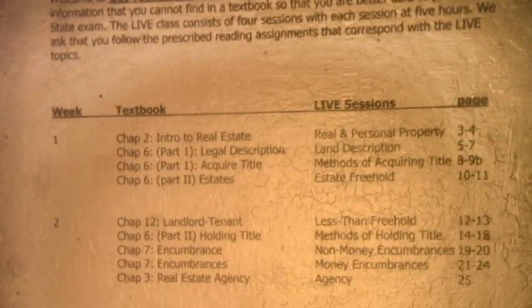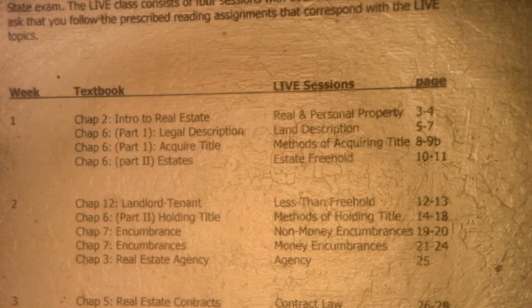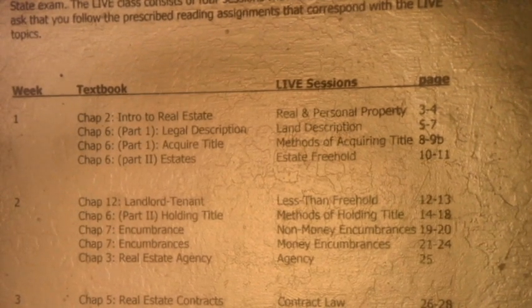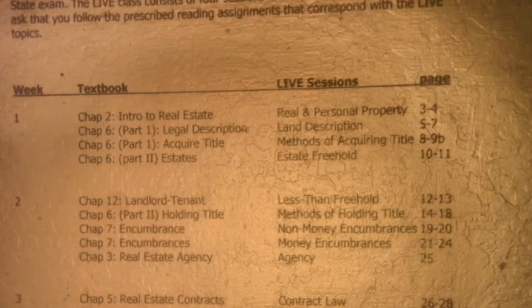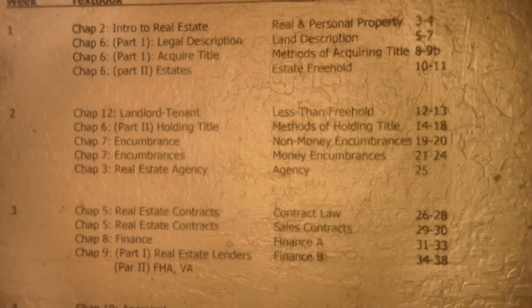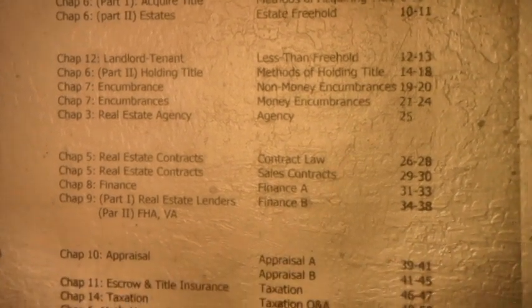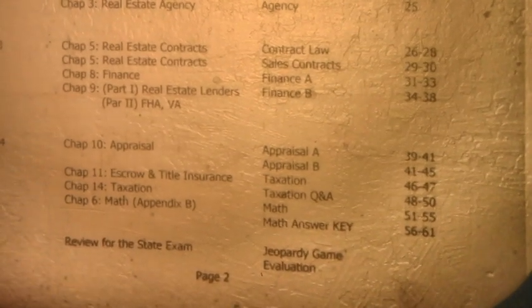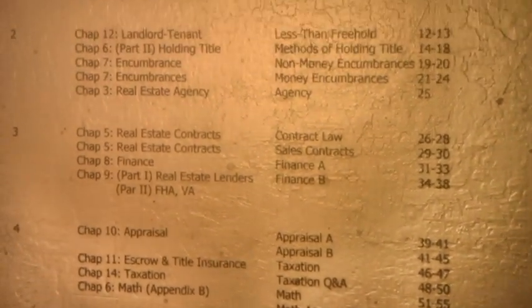Notice on the table of contents you have 4 weeks, which is really 4 sessions. The textbook column that corresponds with the live sessions, and the page numbers are the notes, the REL's notes. Your job is to go through each chapter as assigned. Again, do the back of the quiz in each chapter, and check your answer and make sure you score at